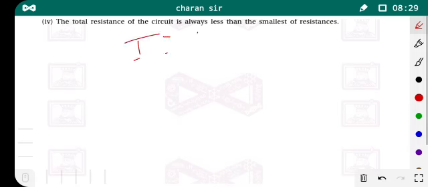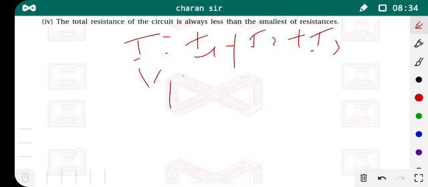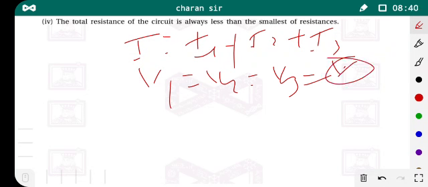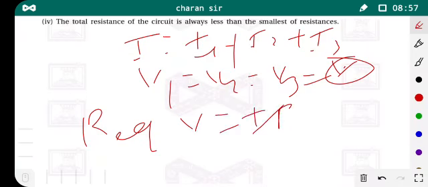Okay, so now we have two equations. One is I is equal to I1 plus I2 plus I3, and the other is V1 is equal to V2 is equal to V3 is equal to V. So we can take the V value at each resistor and also in the circuit. Now we want to find out the equivalent resistance when we connect the resistors in parallel combination. By Ohm's law, V is equal to IR, so R is equal to V by I.